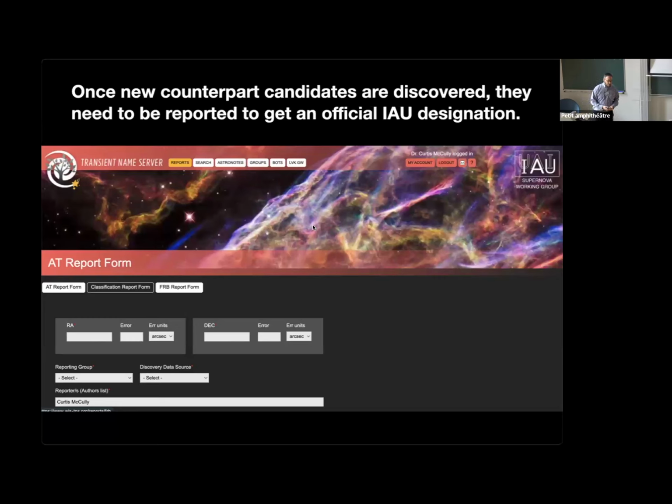A secondary piece of reporting these targets back is having identifiers. We can identify everything by coordinates, but that's not really the best way to do it. So instead, we've agreed on using the IAU Supernova Working Group's system, the Transient Name Server. This is a system that gives names, designations to all of our new targets. I think we have a talk on TNS later as well, so I'm not going to talk in detail about that right now either.